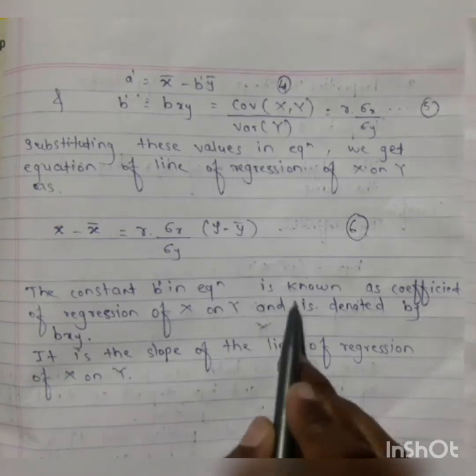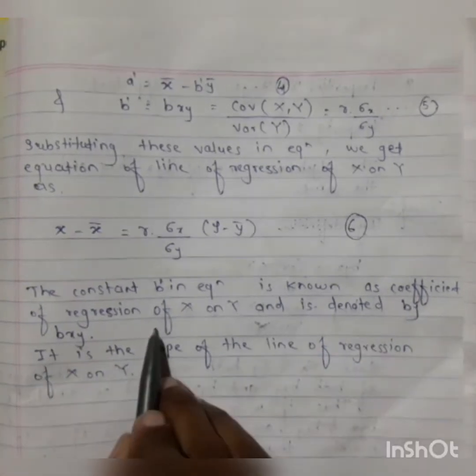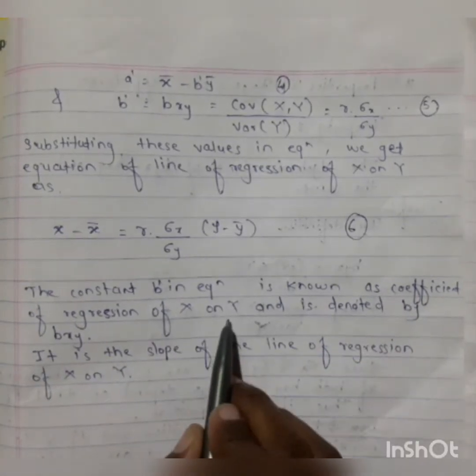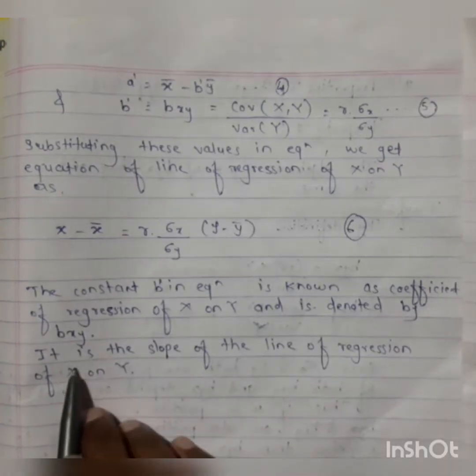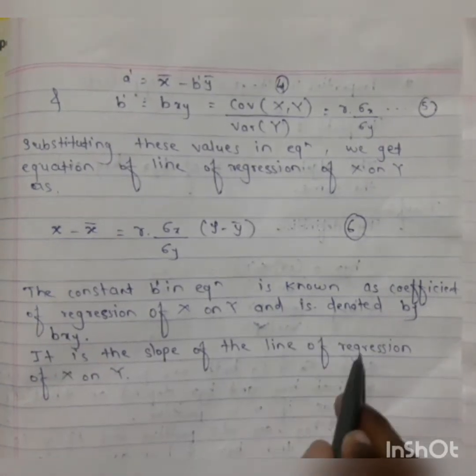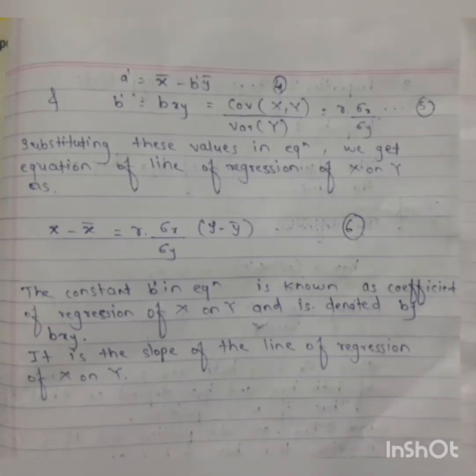Then the constant b dash in the equation is known as the coefficient of regression of capital X on capital Y and is denoted by b of xy. It is the slope of the line of regression of capital X on capital Y. Next point is